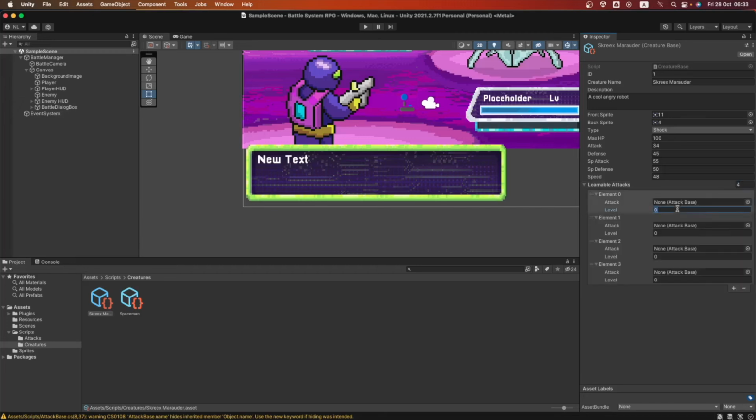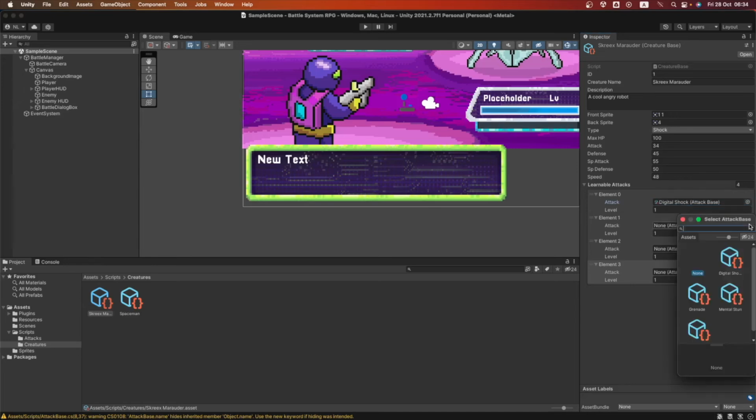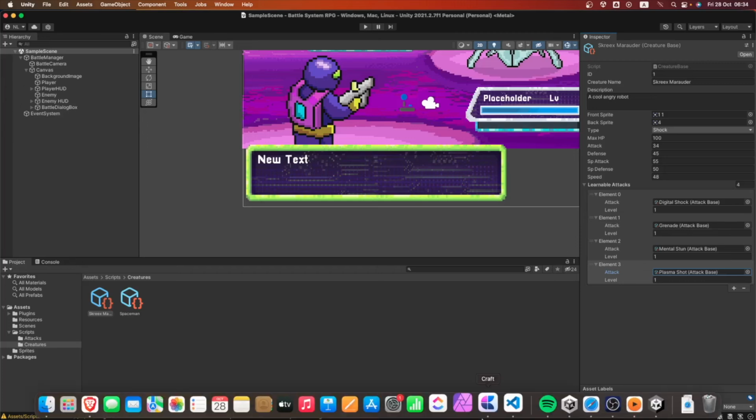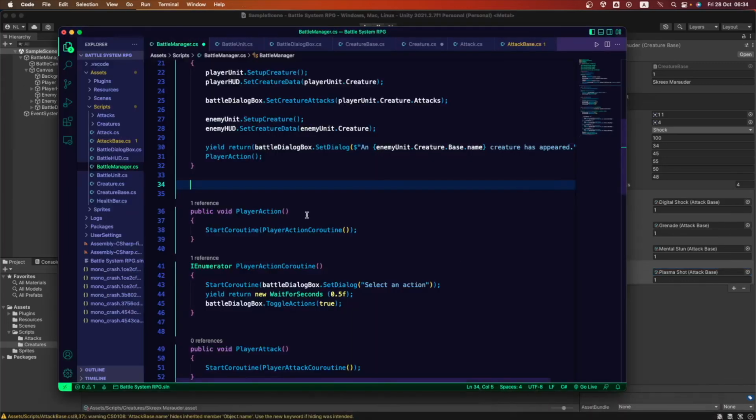That is going to be the maximum. I'm going to set them all to be available since level 1. I'm going to set them up here: Digital Shock, Grenade, Mental Stun, and Plasma Shot. Okay, so we're going to save that, and we're going to go back into our code editor.